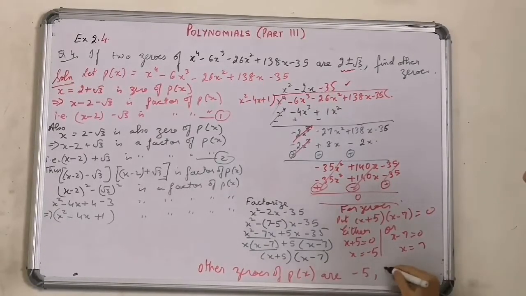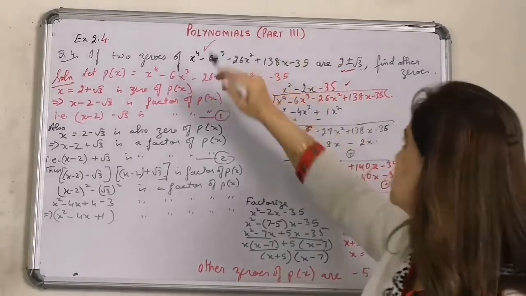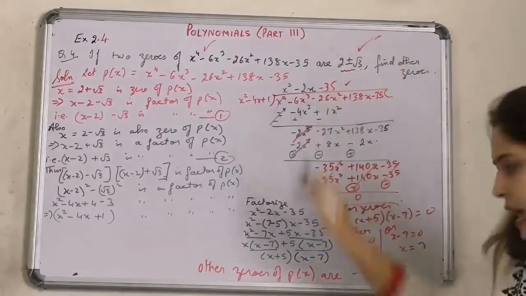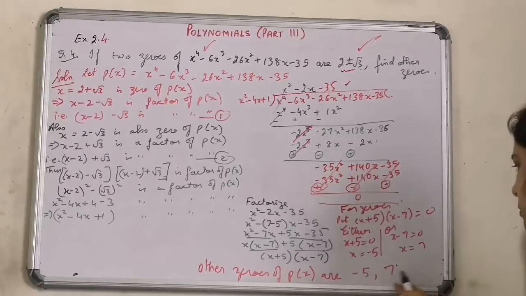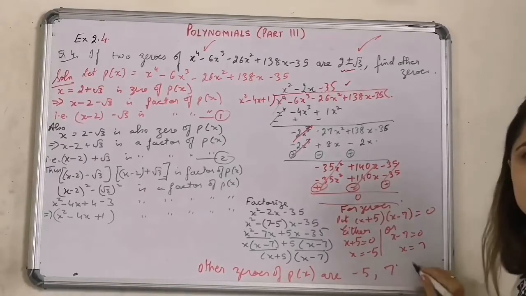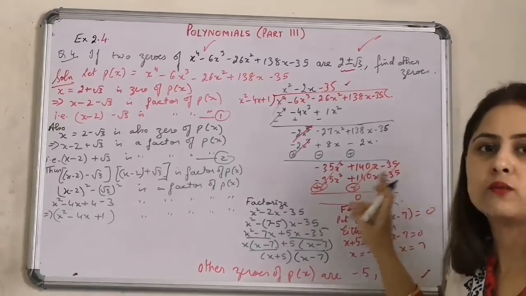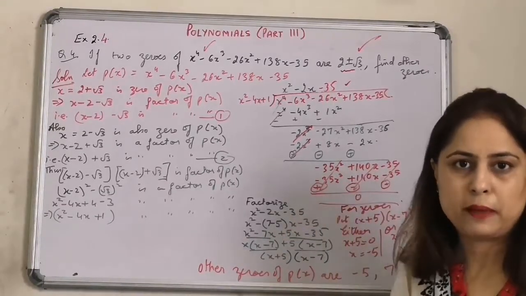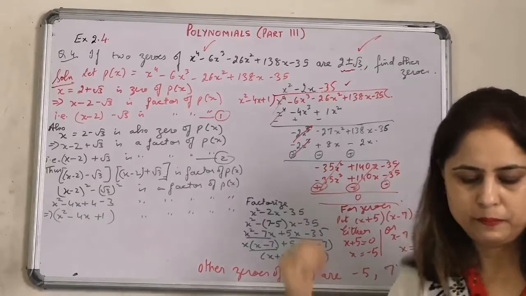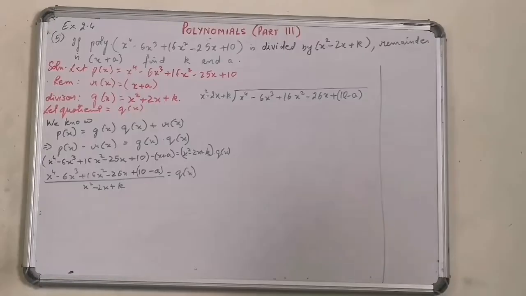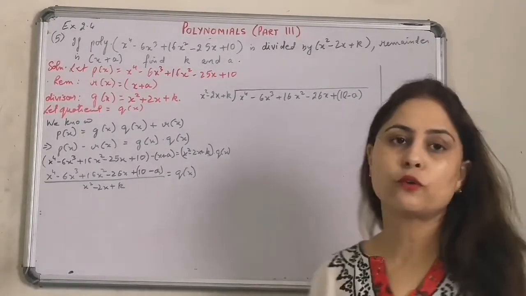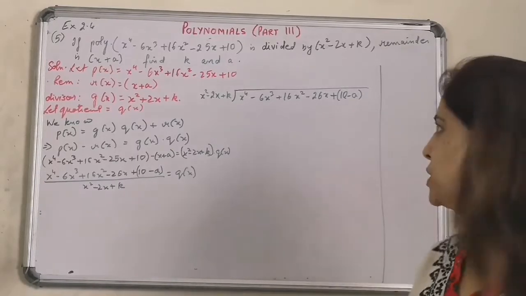minus 5 and 7. The degree was 4, two zeros were already given to us and we have now reached the other two zeros which are minus 5 and 7. So please note it down. I hope you will be able to manage. This question was in one of the CBSE papers in the last few years only. Please take it up. So now this is the fifth question of your exercise 2.4, that is optional one, and